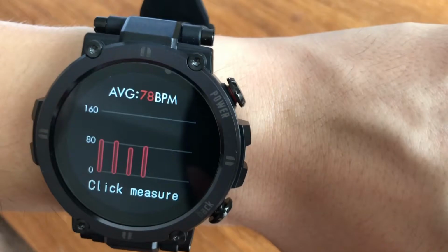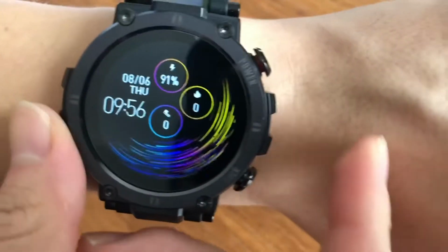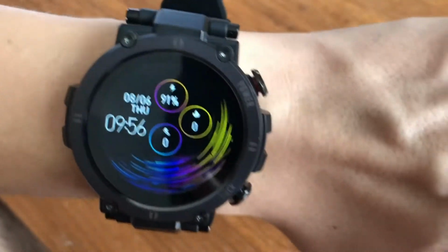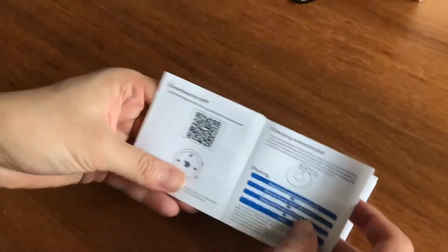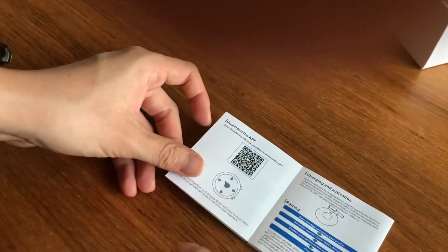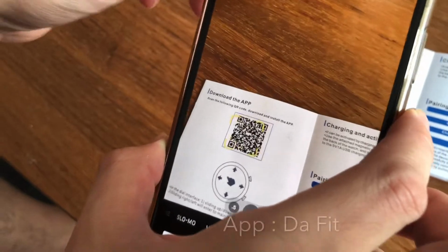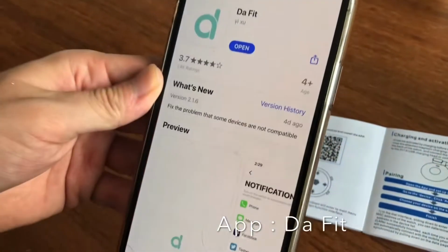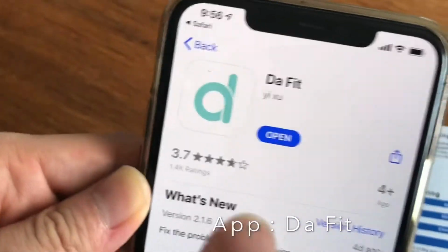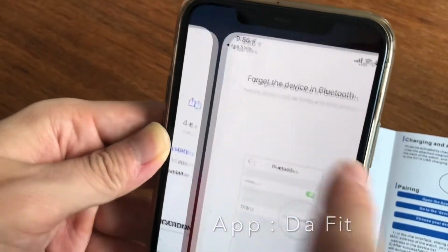Heart rate monitor, and you can check your daily heart rate. And the way to connect to the app is you have to use your menu here, user menu, and then you just simply use your phone to scan the QR code, and then it will show up in your Safari, your browser, and the name of the app is The Fit, because I already downloaded this. So we just click open,